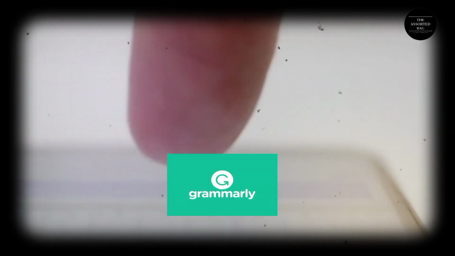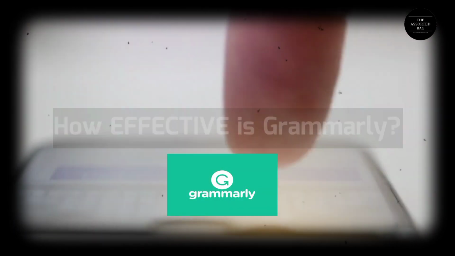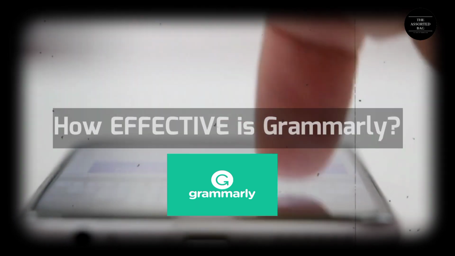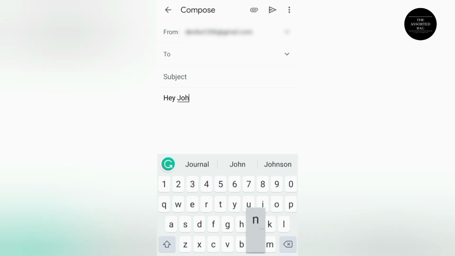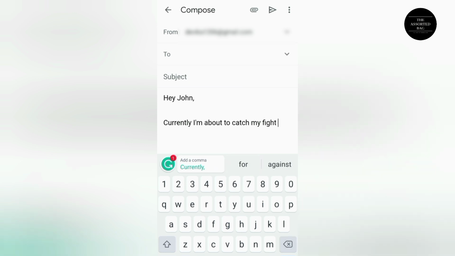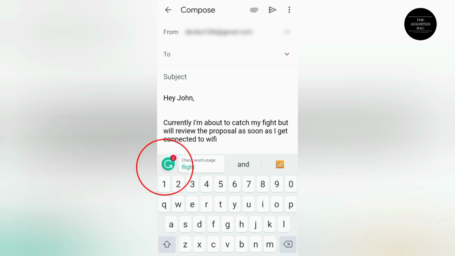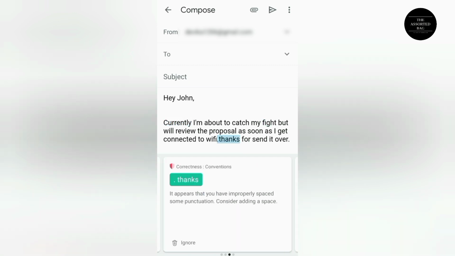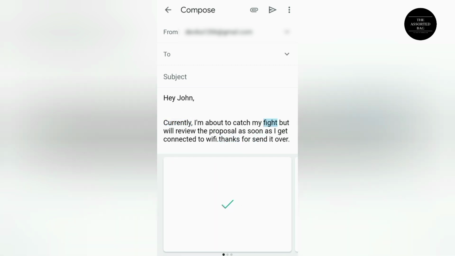Now let's have a look at some examples and let's see how Grammarly gets to work and how it helps you enhance your vocabulary and correct all that you type and enter. To give you an example of how the Grammarly keyboard works, let's compose an email and there would be some errors that I would insert, and let's see if Grammarly picks them up. So you can see as we are typing, there are certain inconsistencies and errors inserted. So there is a Grammarly button right above the keyboard on your left hand side, and that is what is suggesting you the corrections. So you can click on them and make the corrections right away, and you wouldn't need to worry about where you're going wrong.